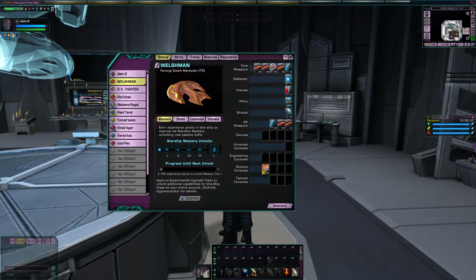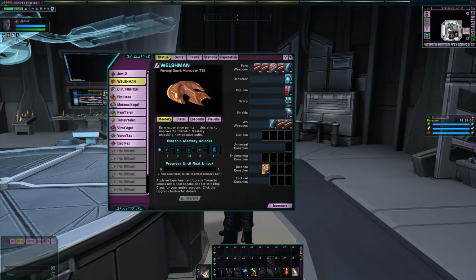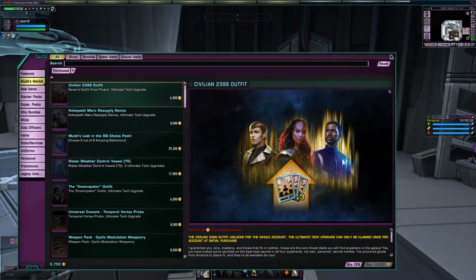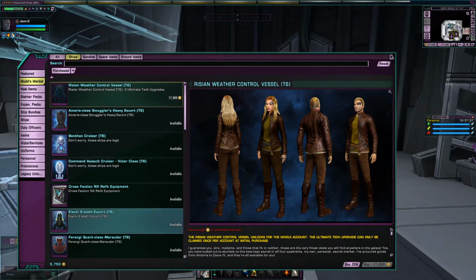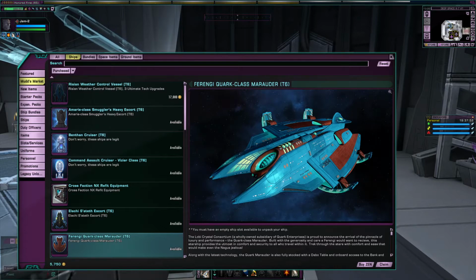But yeah, there's only two ways you can get your hands on the Quark version of the ship. The Tier 5 version has long since been retired from the lockboxes. You can only get the Quark two ways. One, lockbox roulette. Have fun with that. Two,